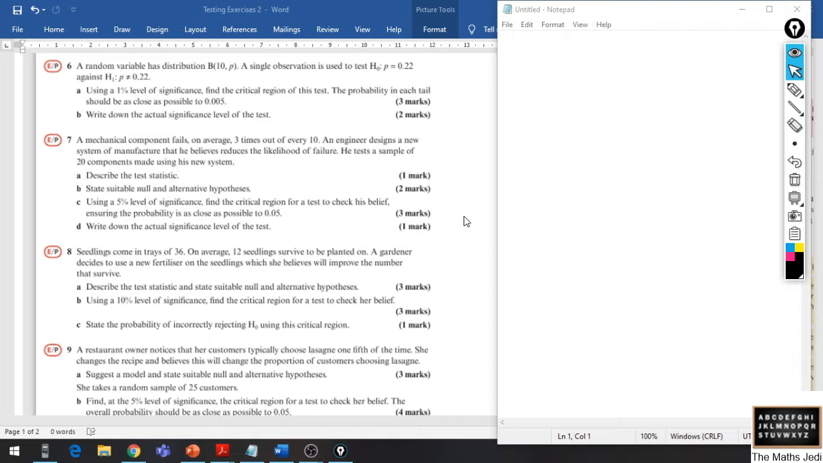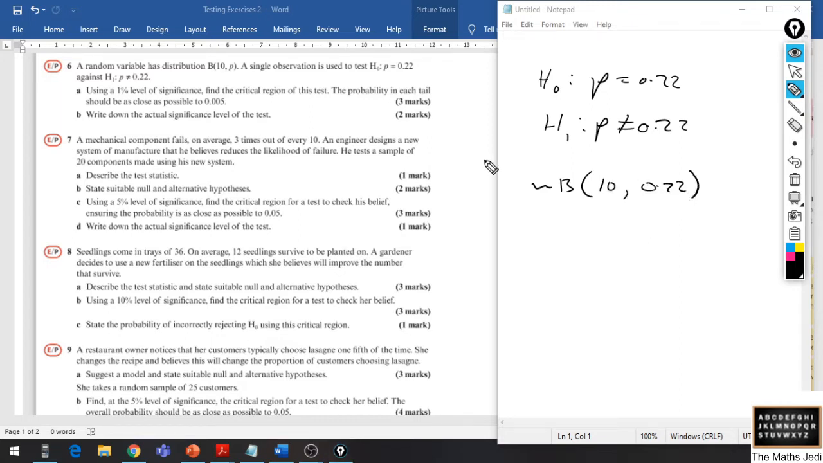So what we need to be doing is, first of all, modelling our binomial distribution. We know our null and alternative hypothesis already. So our null hypothesis, H0, was the fact that p is 0.22. Our alternative hypothesis, H1, is that p is not 0.22. And we're being asked to model that as a distribution. It's a binomial distribution, size 10, probability 0.22. The probability in each tail needs to be as close as possible to 0.005. We won't be able to look this up on the tables, it's just not possible to do that. So we're going to need to work some things out, make sure we've got an understanding about where these values